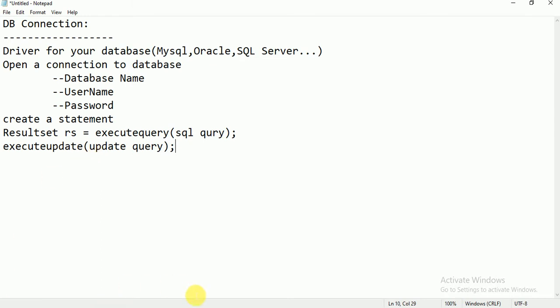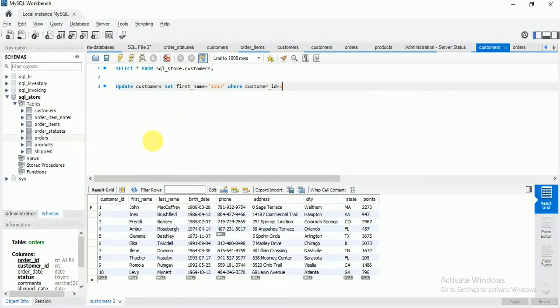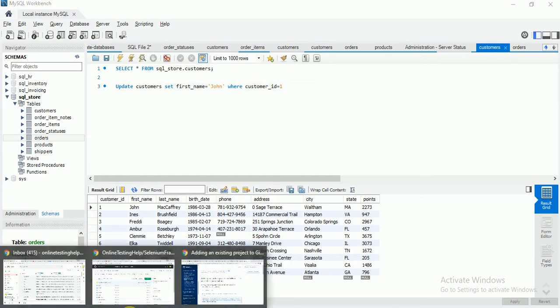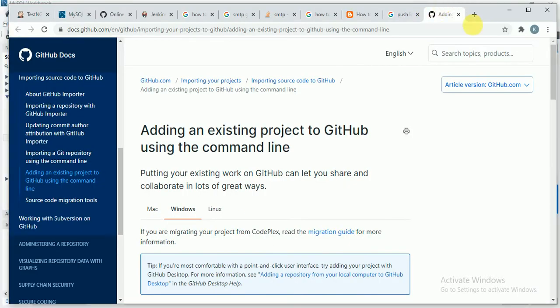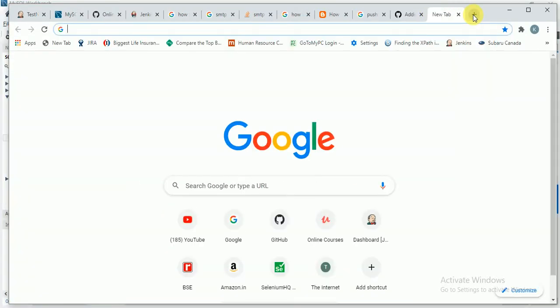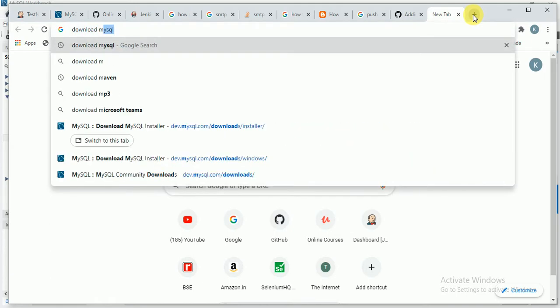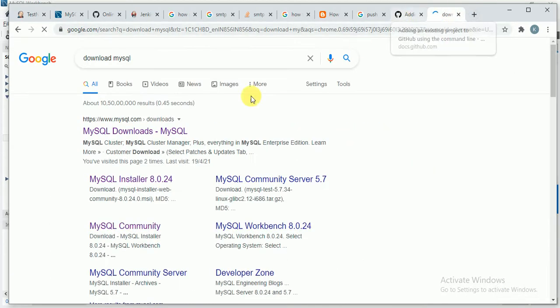Before going to that, let me show you. This is my MySQL database which I configured on my machine. It is open source, guys, and you can create your own. Once you install MySQL, it is completely open source. To download MySQL, search for MySQL downloads.